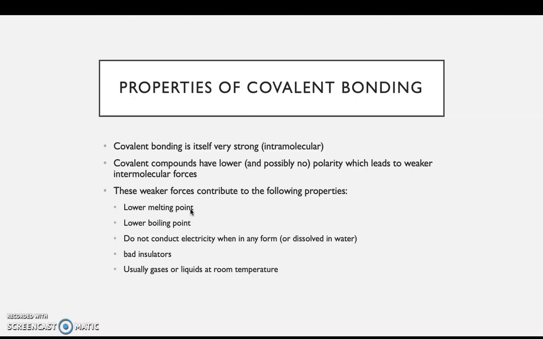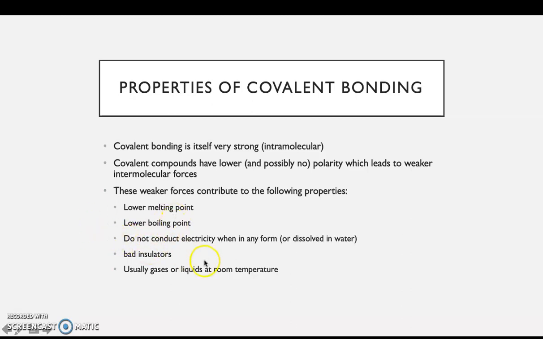What you need to know out of these, you need to be able to identify what type of compound you think it would be based on a list of properties, and you need to be able to list some properties of each type of compounds. Okay, so a good thing to remember is that this is a continuum. So if you have something with like a medium boiling point and a medium melting point, that doesn't necessarily mean that you can't determine. You would just say it's somewhere right in the middle, and then you'd use some of the other things